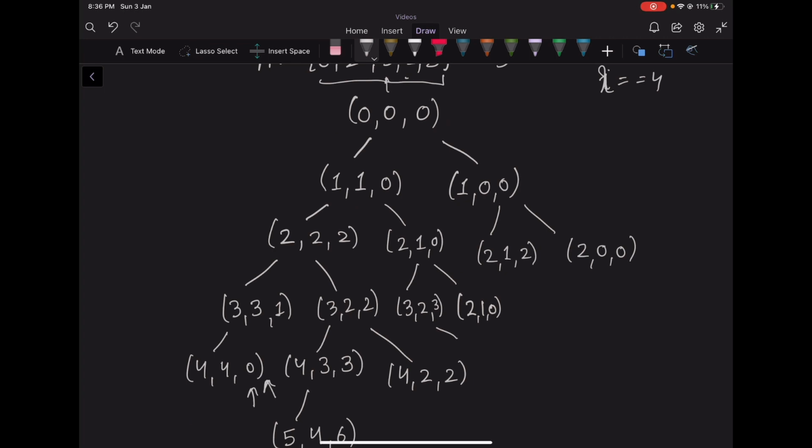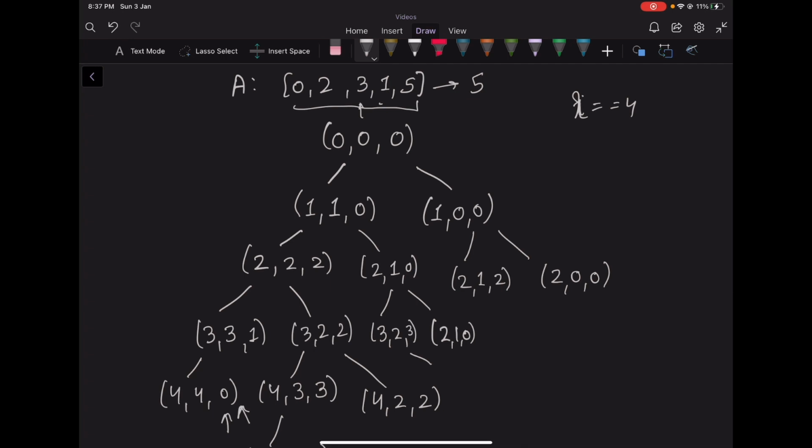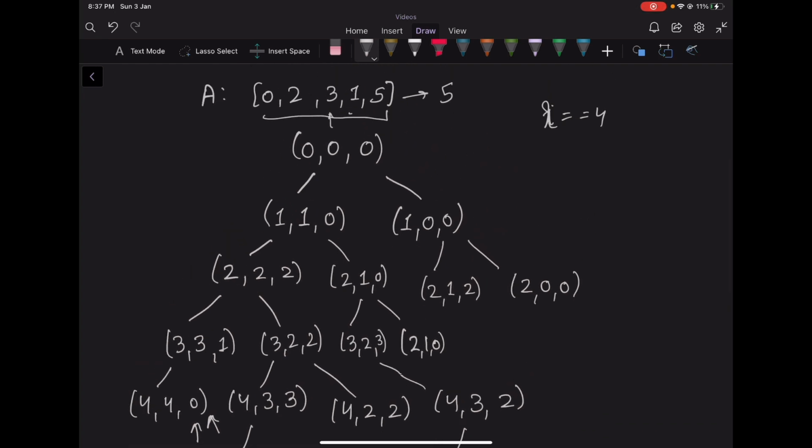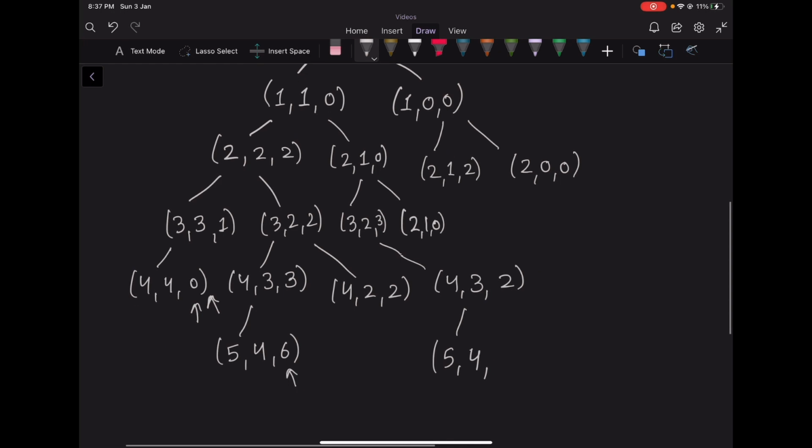So if we consider this branch that we are at third index, we have taken 2 elements and current XOR is 3. So from here, we can move to that fourth index, the total number of elements taken being 3 and current XOR will become 3 XOR 1, which is 2. And also from here, we can move to fifth index, total number of elements taken being 4. And if we have taken this element, which is 5, XOR will become 5 XOR 2, which is 7. So now we have taken 4 elements. So 7 will be one of our candidate answers. So finally, we will return the maximum of all such candidate answers, and 7 happens to be the maximum answer in this case.